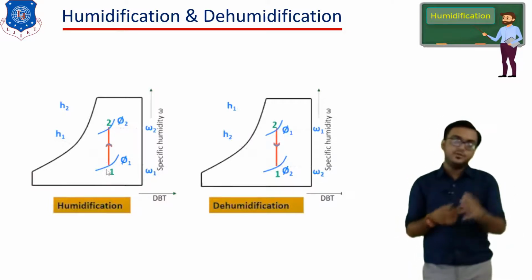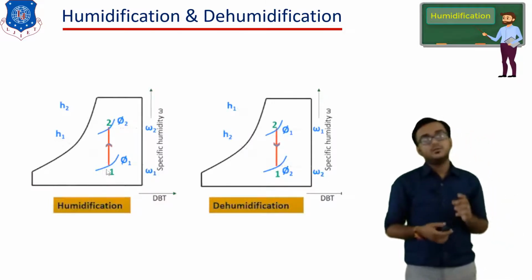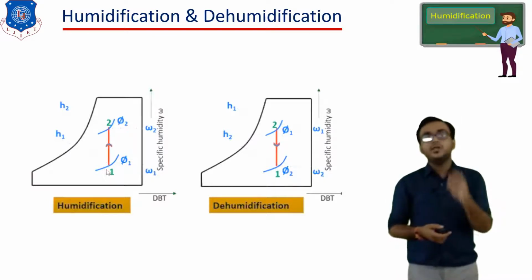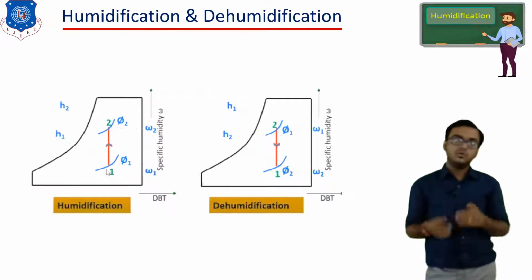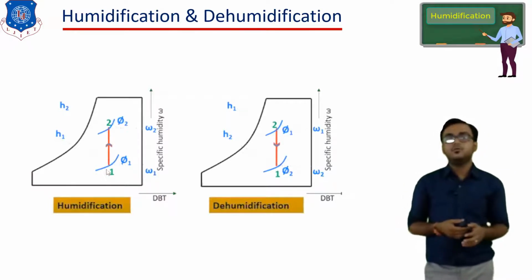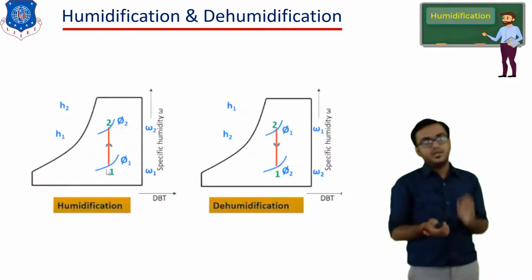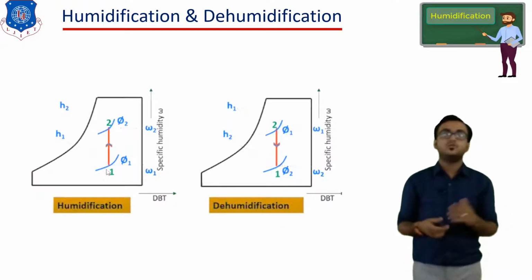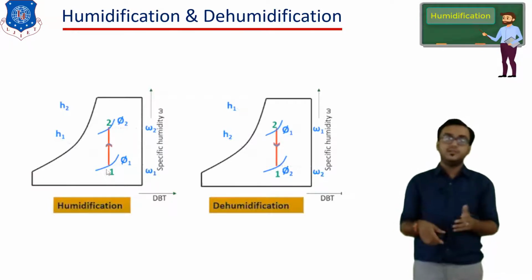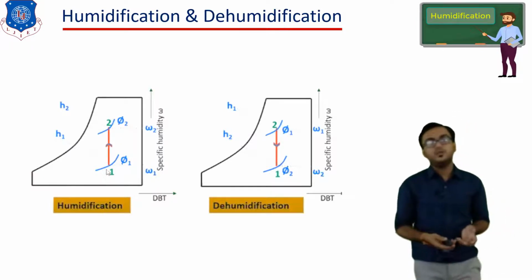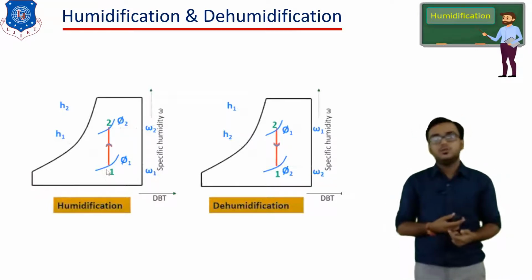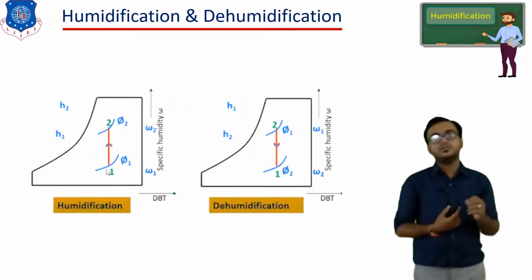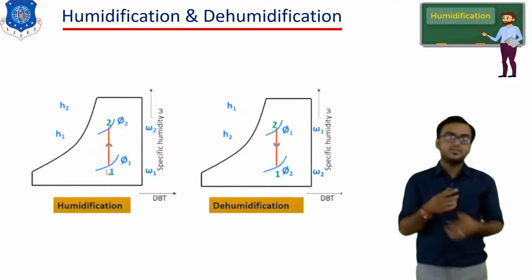Okay, while dehumidification means the process during which we are removing moisture from the air. So to plot the dehumidification process, we need to plot one vertical downward line, because in ideal dehumidification the temperature does not change, if we perform dehumidification alone. So that's why we need to plot one vertical downward line which shows the reduction of the specific humidity. Here I have plotted one downward line from point number 2 to 1 which shows the reduction of the moisture content on the psychrometric graph.